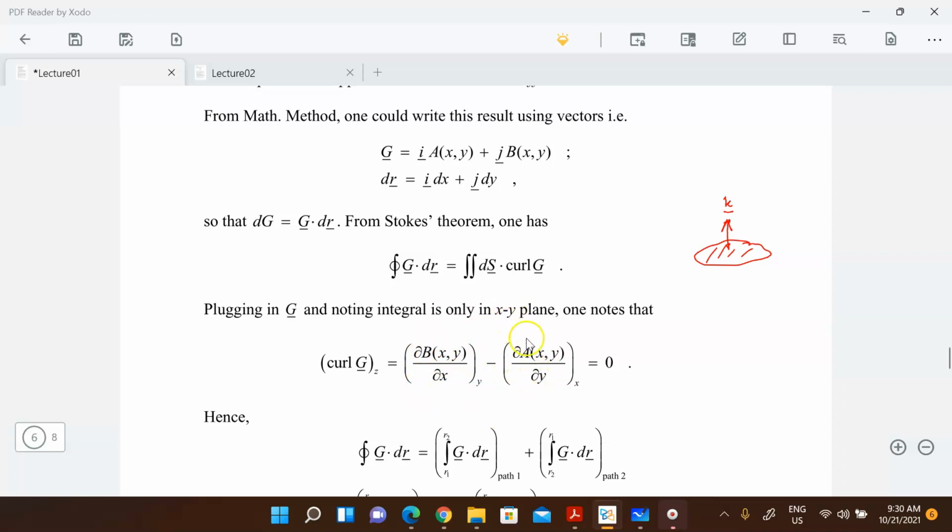If this is actually an exact differential, then this will cancel out. So in other words, this thing will be equal to 0, right? Or if you think what it is, this is just taking